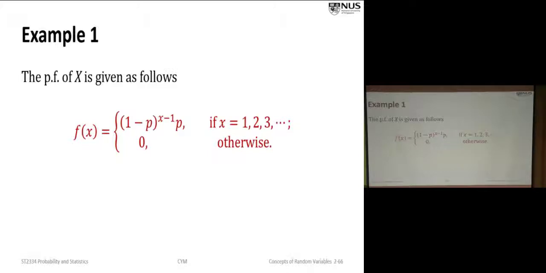So the probability function over all the x should equal to 1. All right? Because x can be 1, can be 2, can be 3, can be 1,000, can be 1 million. But all this probability has to add up to 1. So, in fact, we have a name for this distribution. Anyone know what it is called?